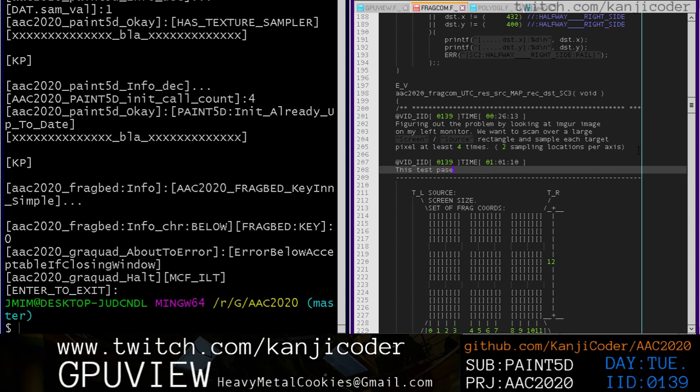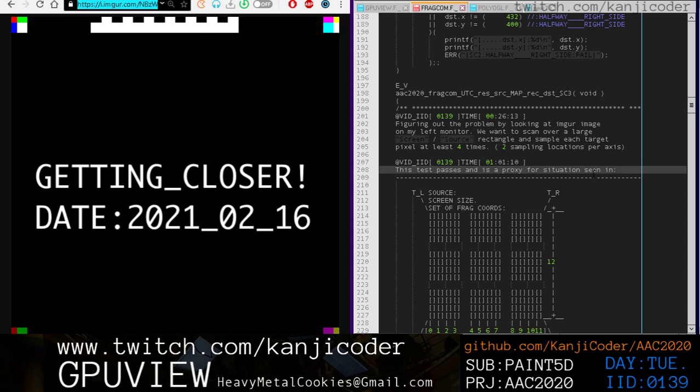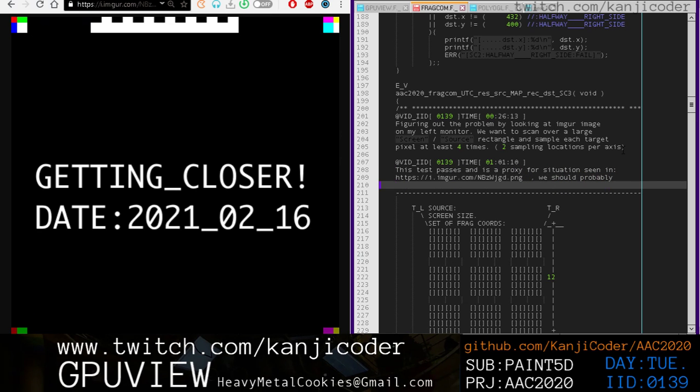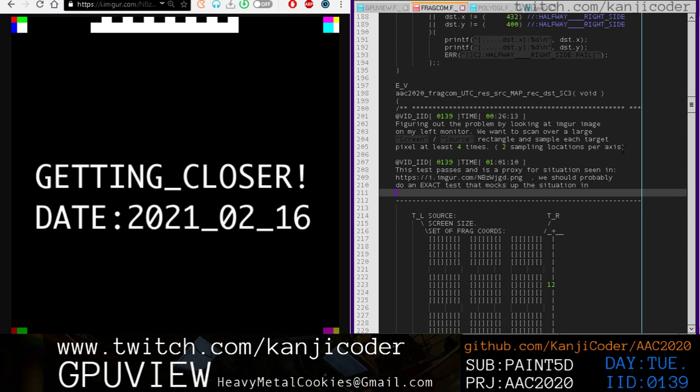This test passes and is a proxy for the situation seen in here. We should probably do an exact test that mocks up the situation in